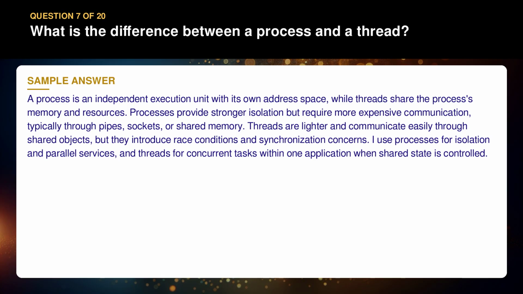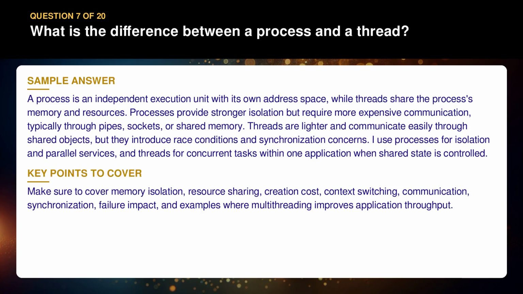Processes provide stronger isolation but require more expensive communication, typically through pipes, sockets, or shared memory. Threads are lighter and communicate easily through shared objects, but they introduce race conditions and synchronization concerns. I use processes for isolation and parallel services, and threads for concurrent tasks within one application when shared state is controlled. Make sure to cover memory isolation, resource sharing, creation cost, context switching, communication, synchronization, failure impact, and examples where